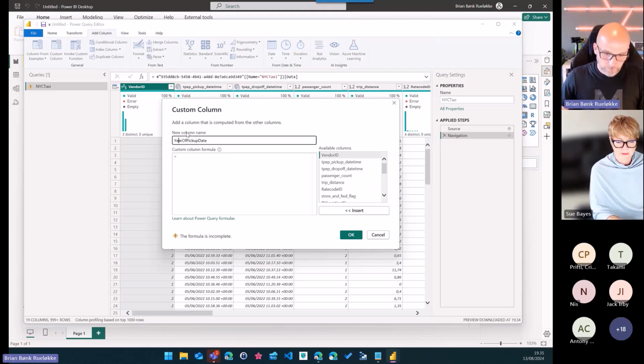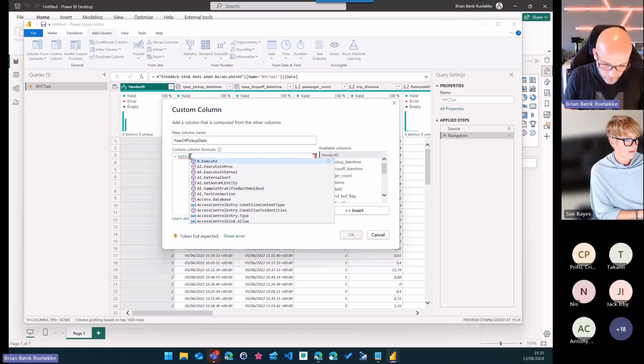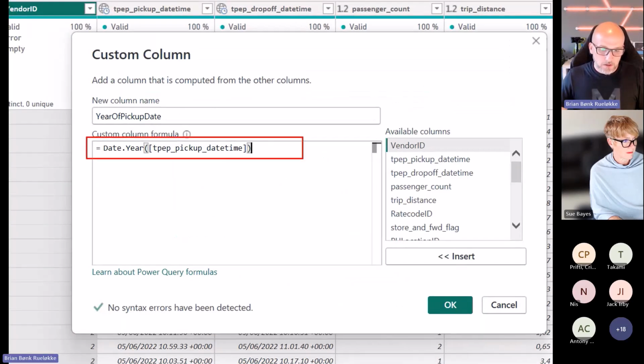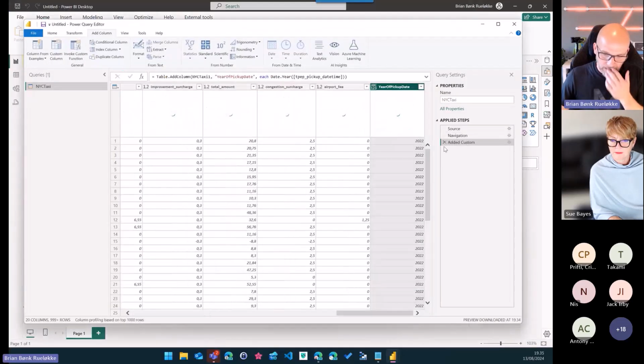So that must be date.year. Yeah. And then the IntelliSense is playing with me again. There you go. And the pickup time. Nothing fancy, just a year out of the pickup time, which is a date column. You can see it right there. Hit OK. And then it's just added.